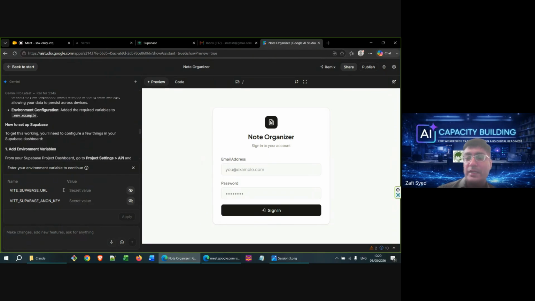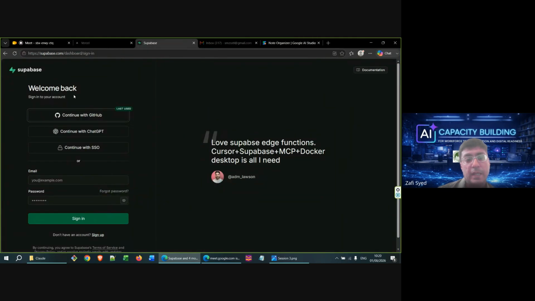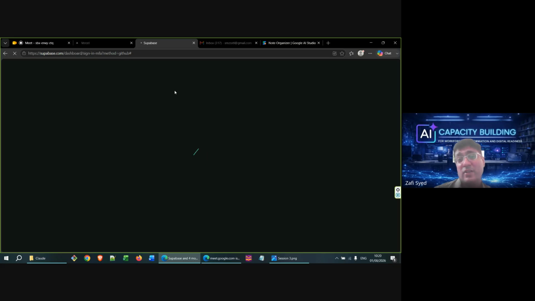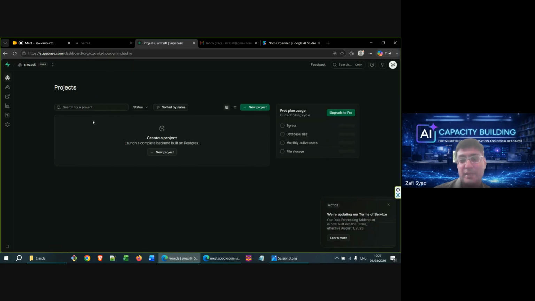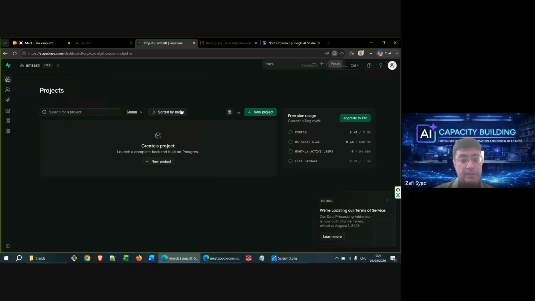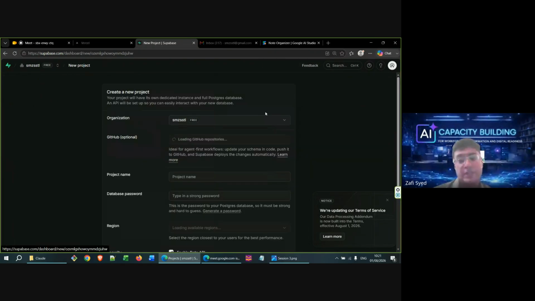So that's the first thing we need to do. How do we go ahead and create a Supabase account? Now, assuming that you already have a GitHub account, you can go to supabase.com and you can log in with your GitHub. So that's what I'll do. Another option is to use your email in order to create a Supabase account. Using GitHub is just more convenient. So let's click here. Because I'm already logged into GitHub, it will probably say everything's okay. So I'm now logged into my Supabase account. And over here, I'll go into new project.